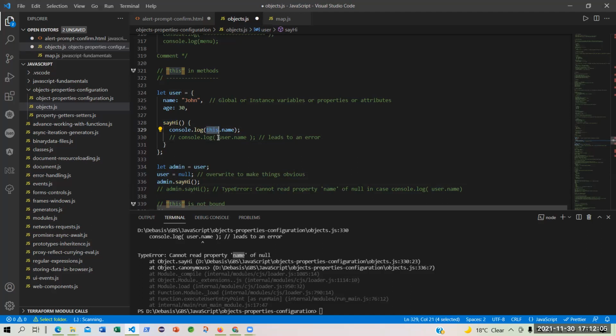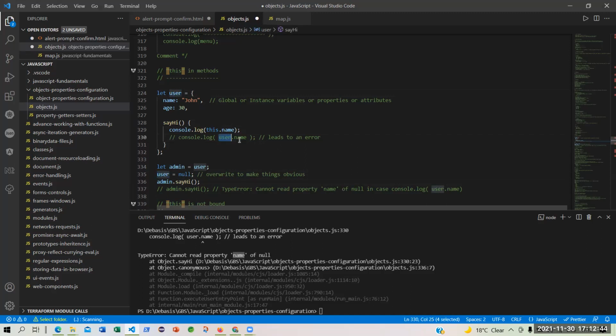This says that before the dot of this function, whichever it is, this is an admin object, not a user object. Though this comes under the user, you have given the user properties and method to admin. Admin becomes that and you have used this. So this will refer to admin, not user. Any questions here? This you have to understand.